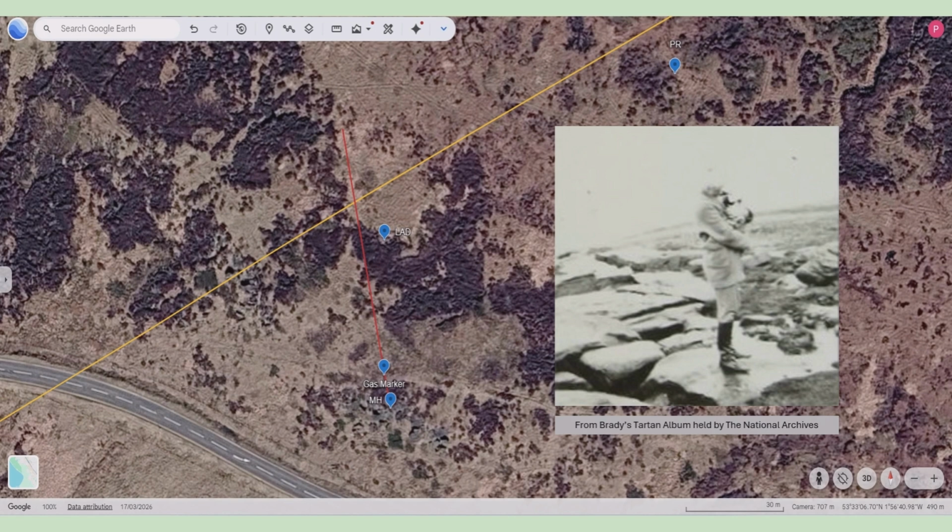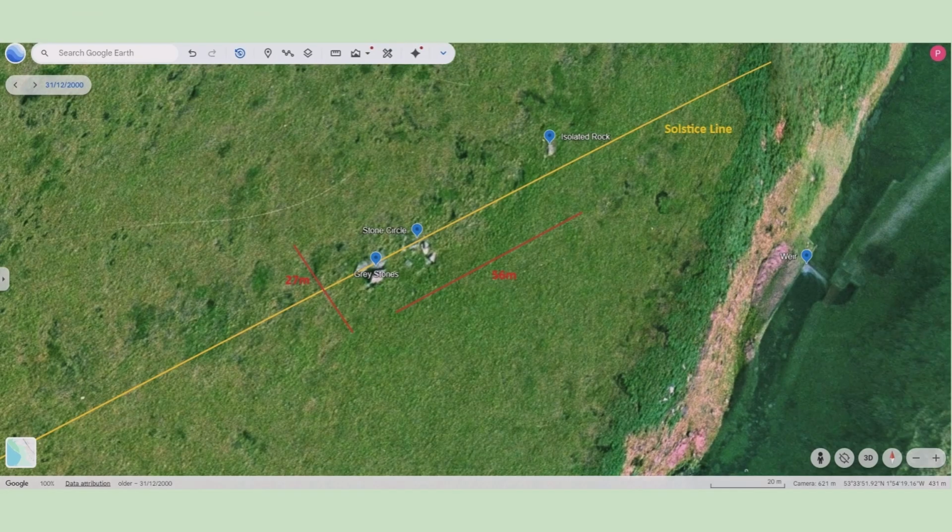In the gas marker picture, Hindley is not glancing at the spot but looking down at her dog on the bearing of the Solstice Line, with Leslie Ann's future grave 46 metres away from her and not in the direction she is looking. So, how might the Solstice Line system at Greystones be used to search for Keith Bennett's body? If we look at the area concerned, from Greystones, including its adjacent stone circle and up to the isolated rock, it is about 56 metres long and 27 metres wide. Going back to my tennis court comparison, that's the length and width of 2.5 tennis courts,